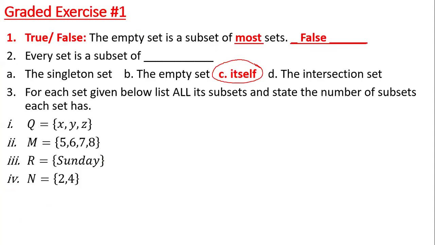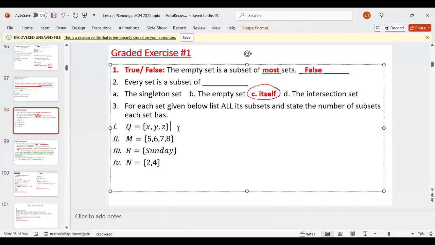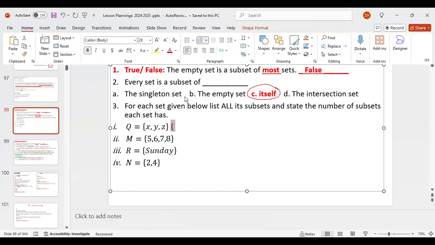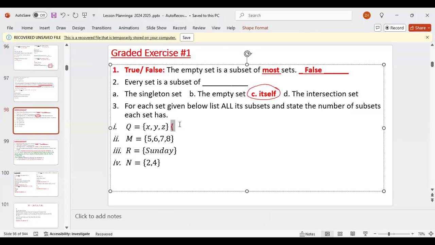Q, we have to list the subsets, right? So let's go ahead and list the subsets of this. I want everyone to help me so it could go quicker. What's gonna be the first one? The empty set. So let's do it. Pay attention, Logan. So the empty set, what's next after that?